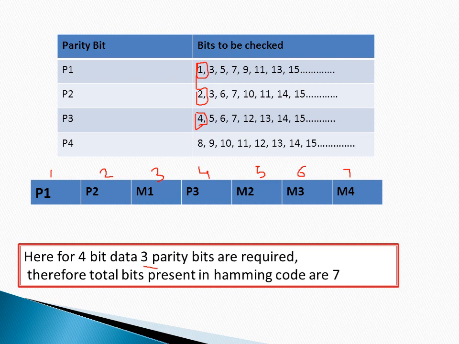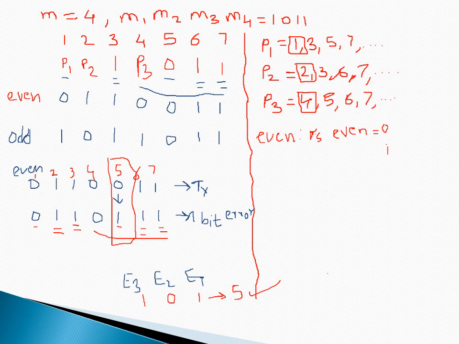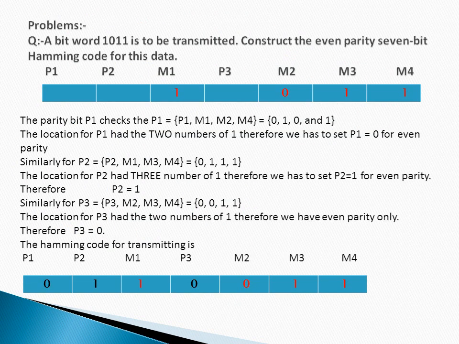Here we require only 3 parity bits. So we write the parity bit positions as 1, 2 and 4. P1 is at the first position. In this way we write the Hamming code for 4-bit data. So let's consider that we have taken the 4-bit message as 1011. Now we are putting